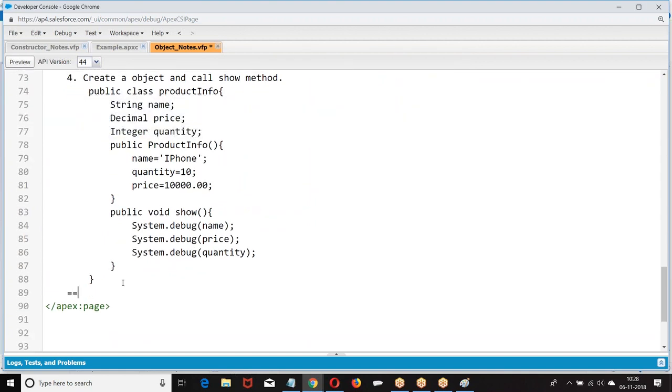Now, how do you execute it? Then I'm creating an object equal to.